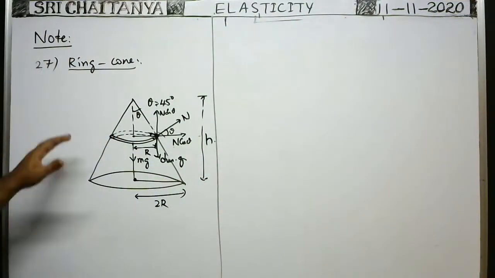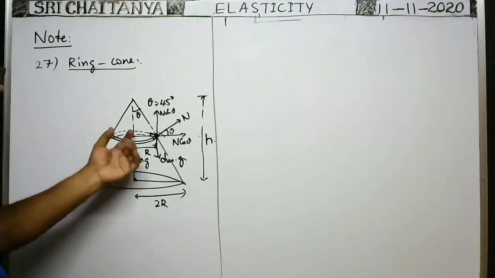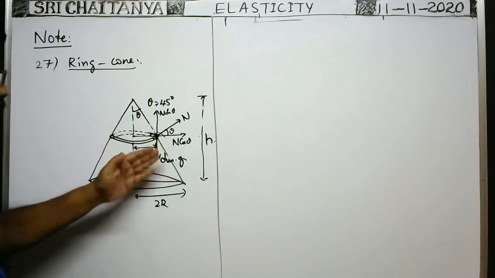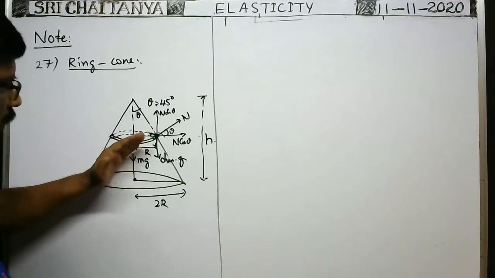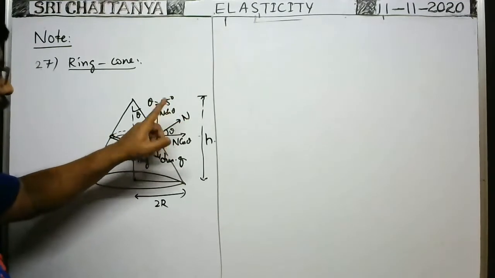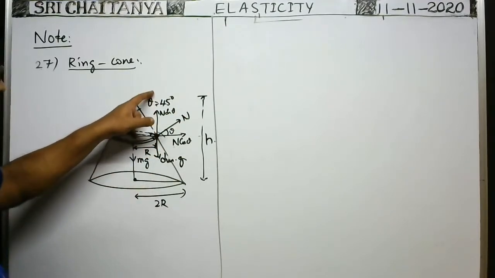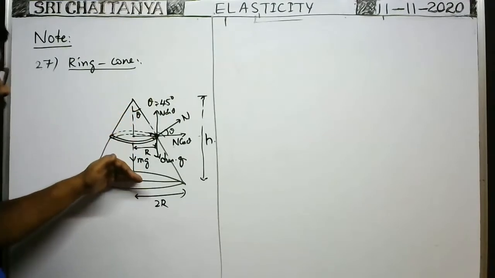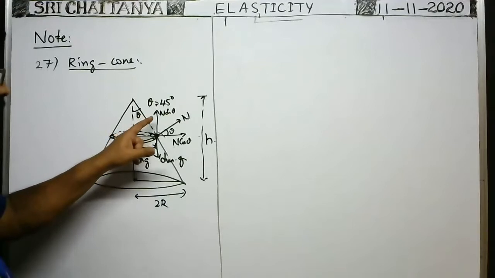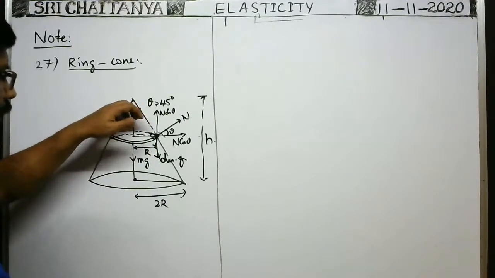Okay. On the cone, when the ring is kept here, because of the weight of the ring, the ring tries to come down. At the same time, the surface of the cone pushes the ring backward in this direction with a force equal to the normal reaction. Due to that, the vertical component of the normal reaction, N sin theta, acts upwards and the weight of the ring acts downwards. Hence, when the ring tries to come down, the normal reaction component acts on the ring upwards and prevents the slipping of the ring in the downwards direction.